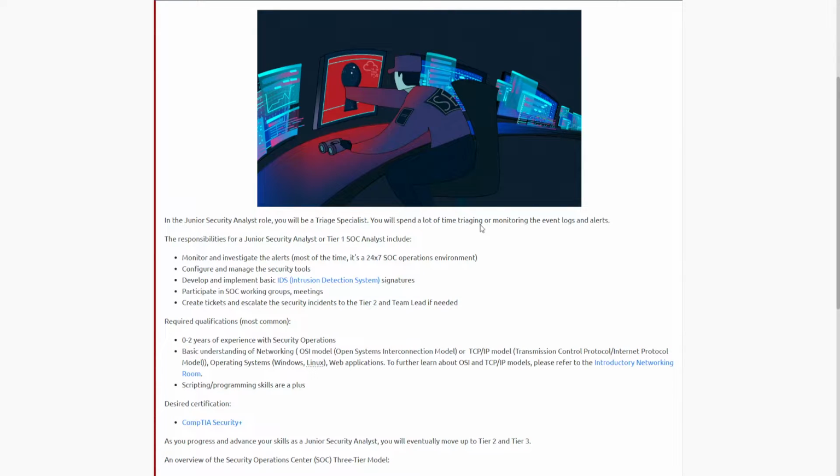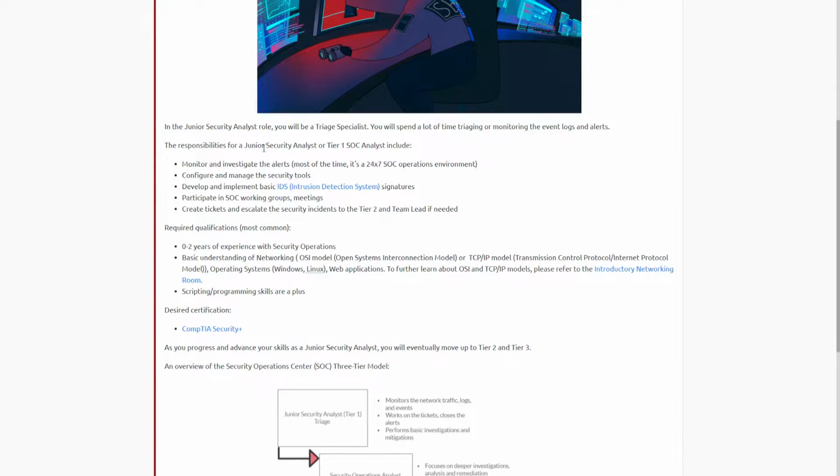You will spend a lot of time triaging or monitoring the event logs and alerts. The responsibilities for a junior security analyst or a tier 1 SOC analyst include monitor and investigate the alerts. Most of the time it's a 24/7 SOC operations environment. Configure and manage the security tools. Develop and implement basic IDS, which is intrusion detection systems, signatures. Participate in SOC working groups, meetings, create tickets and escalate the security incidents to Tier 2 and team lead if needed. So if you see something that is very dangerous or out of place, you will escalate it to someone